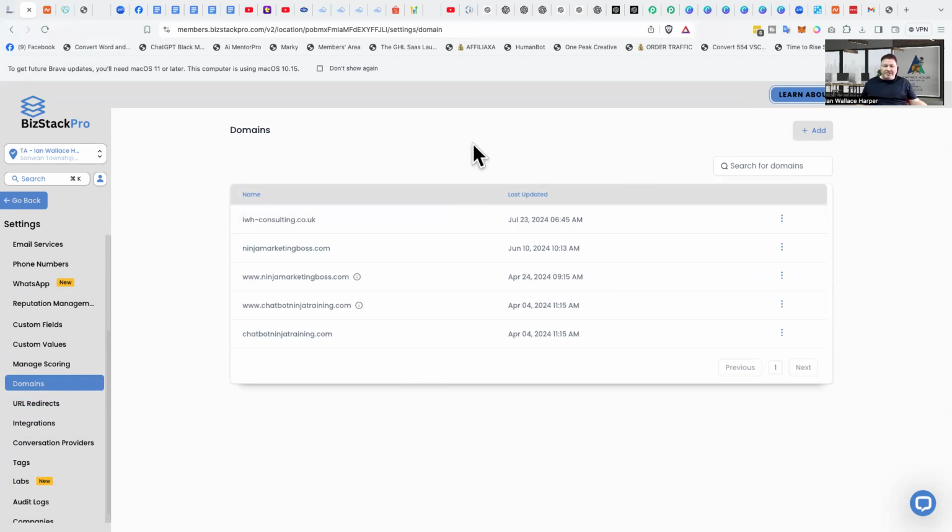We've got unlimited domains with BizStackPro. If you've got 100, you can have 100. If you've only got 1 or 2, then you can have 1 or 2. That is totally up to you, but we have got unlimited domains. So all we've got to do is add,